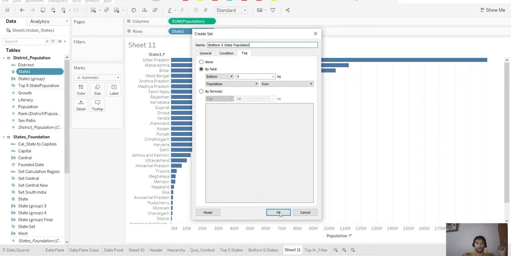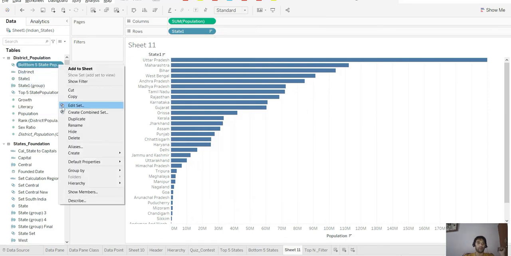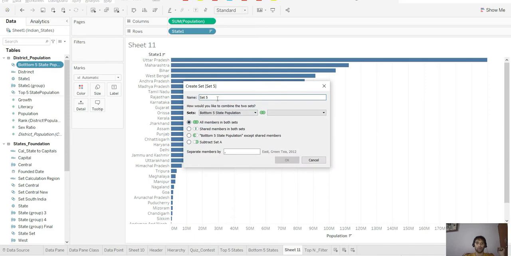So I've got both top five and bottom five. Now here you can utilize the wonderful function, create combined set. And I say, okay, I would say top and bottom five states with respect to population.